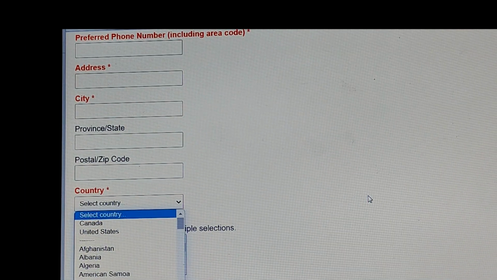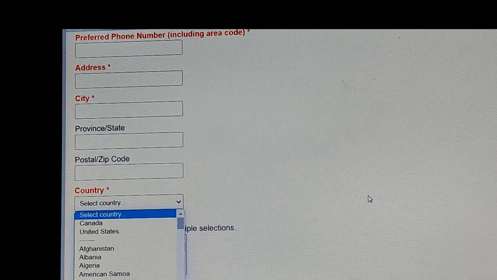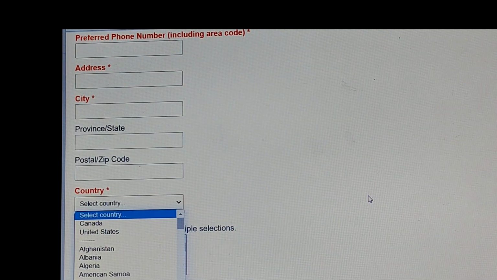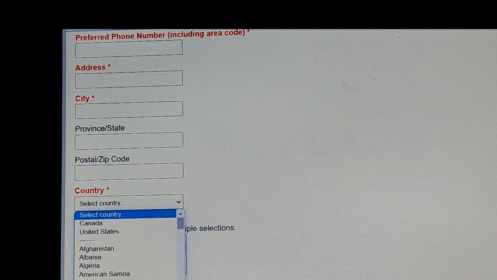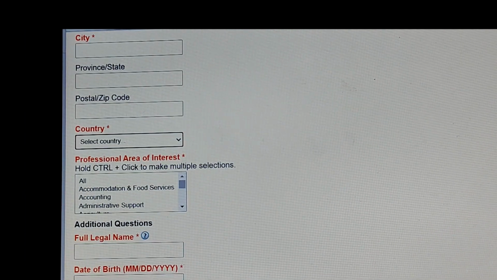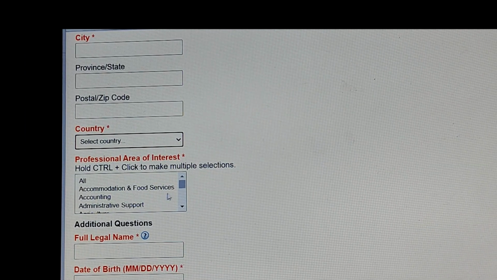In case it's outside Canada, then you're gonna write the full address, but also the name of the country where you're living. Basic questions. Pretty basic. And then here,